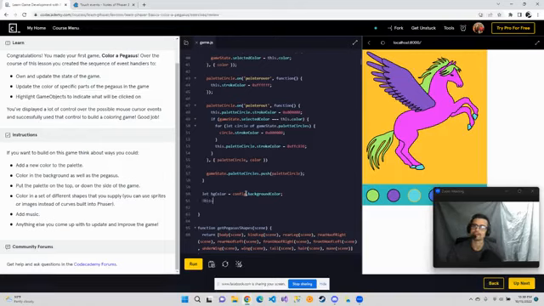So this dot input dot on. Let's try pointer up, function. Okay. And we want